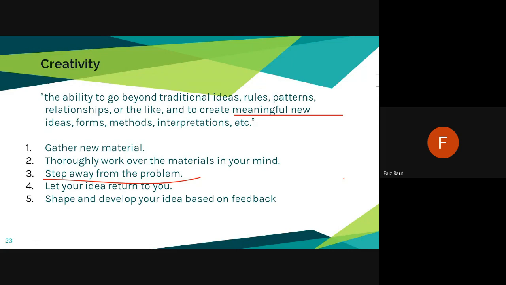Then shape and develop the idea based on the feedback. Then you can implement your idea. You can share that idea with a well-known person so that he or she can give some feedback, and then you can go ahead. ठीक है,